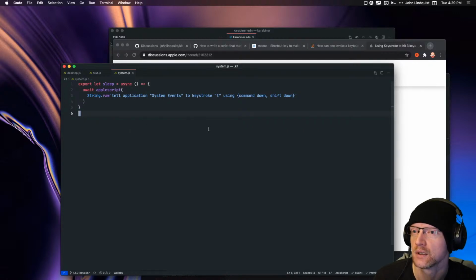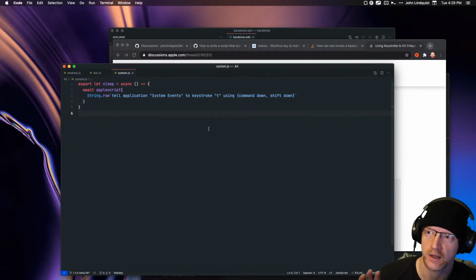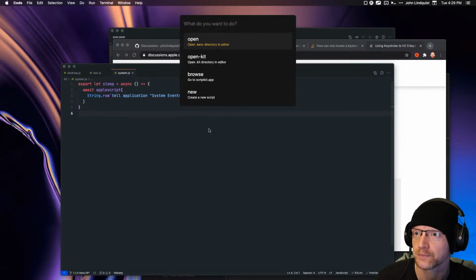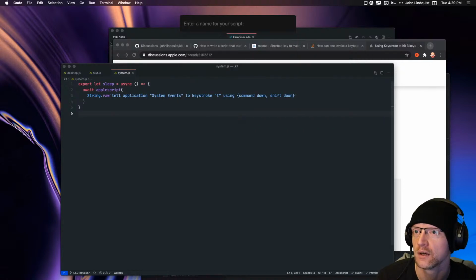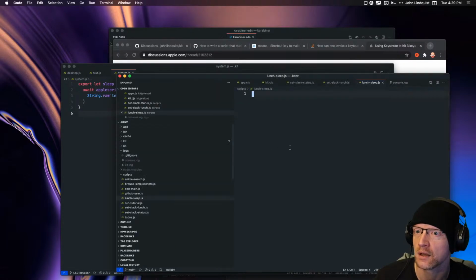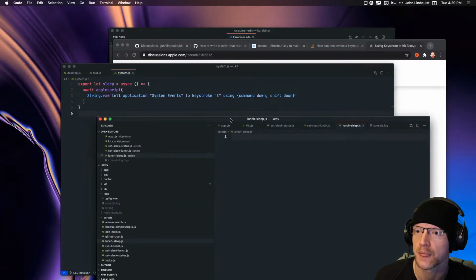sleep script. And now that we have that, I'll have to commit this before anyone else can use this, but since this is now in my kit, I can create a script around it. We'll call this lunch sleep or something. And if I grab the kit, and the name of the kit is system, and then sleep,